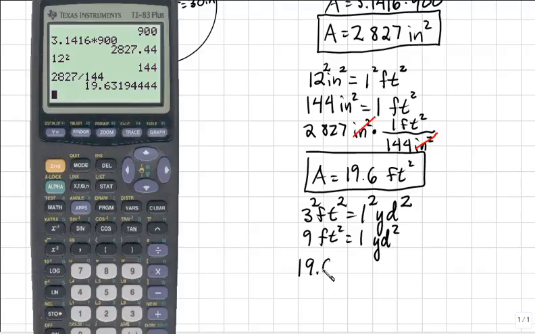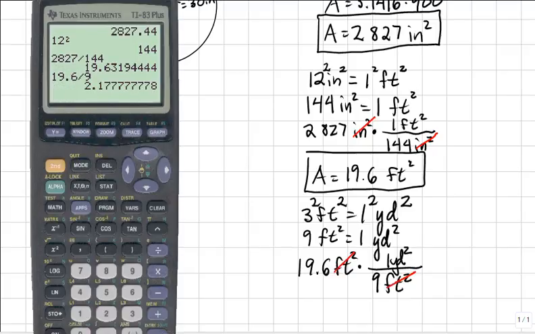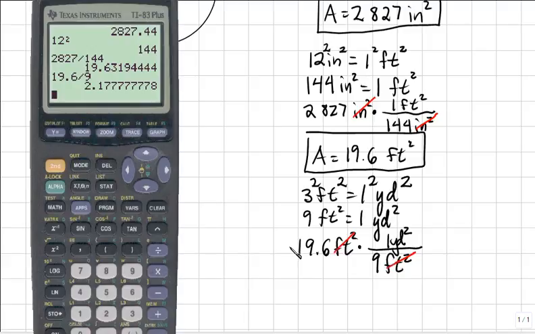So we'll take 19.6 square feet and multiply it by a fraction so that the square feet will cancel. So we'll write 9 square feet in the denominator and 1 square yard in the numerator. Again, the square feet will cancel, and our result will be in square yards. This means that we'll take 19.6 and divide that by 9. So 19.6 divided by 9 becomes roughly 2.177, which rounded would be roughly